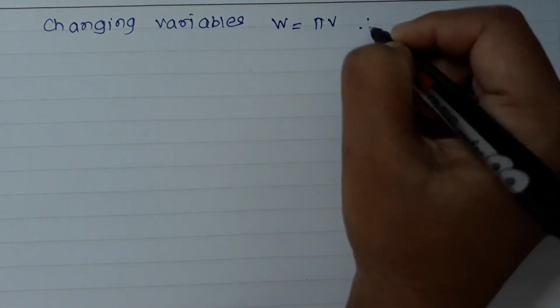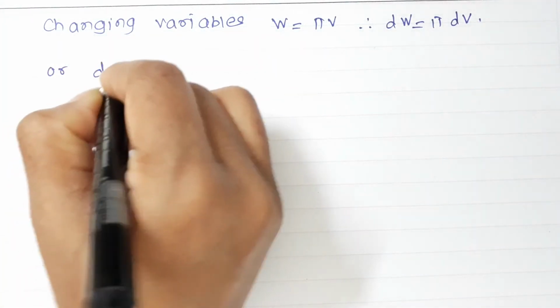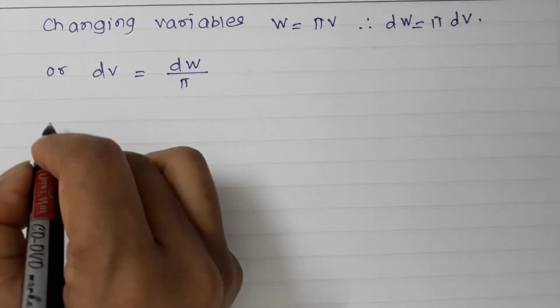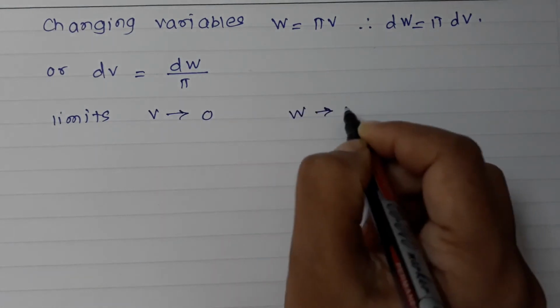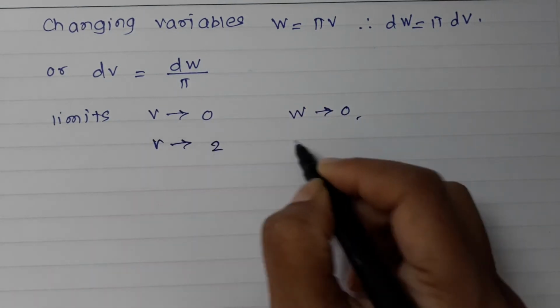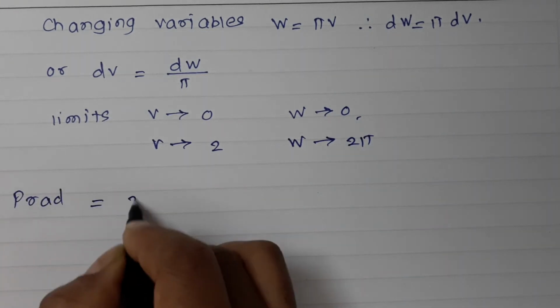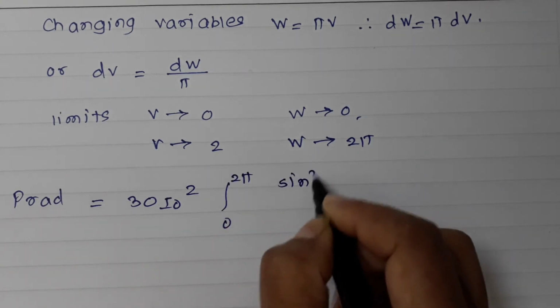So changing variables, w is equal to pi v, therefore dw will become pi dv, or you can say dv is equal to dw by pi. Now limits: v tends to 0, w tends to 0; v tends to 2, w tends to 2 pi. So I can write here P radiated is equal to 30 I0 square, integral from 0 to 2 pi, sine square (1/2 w)